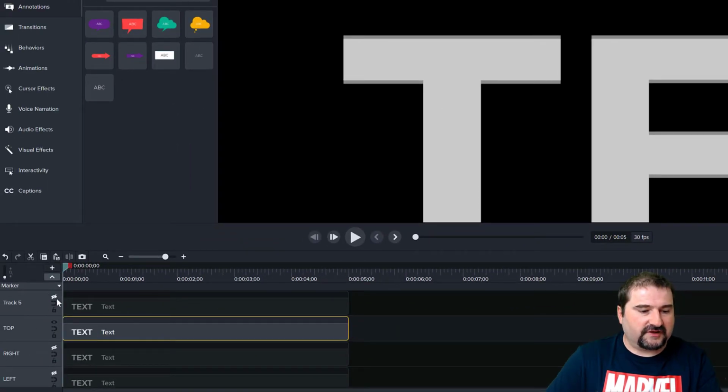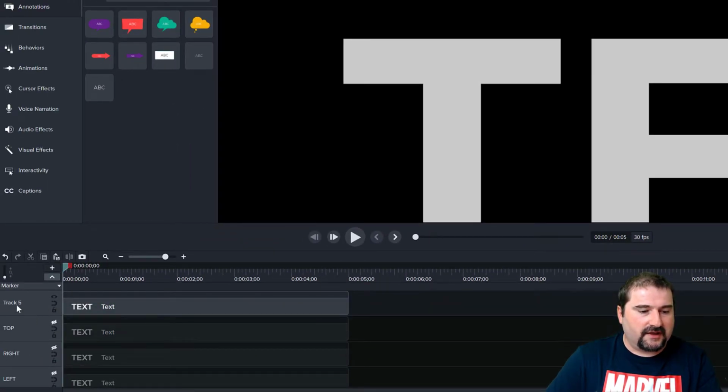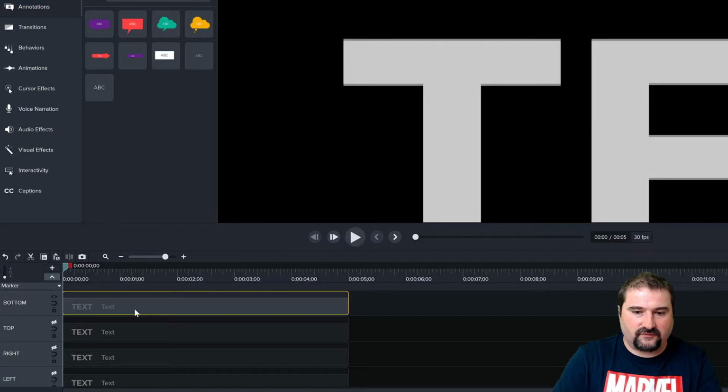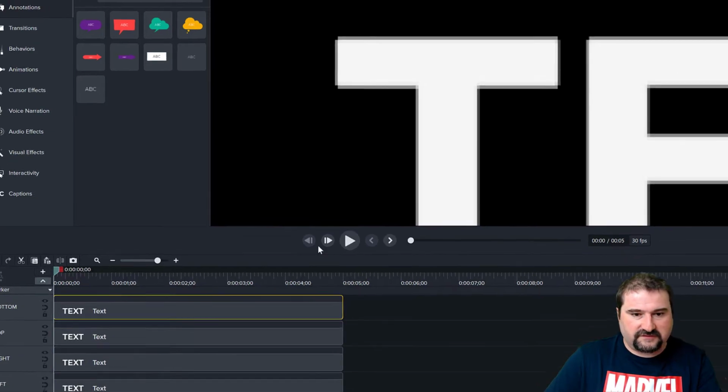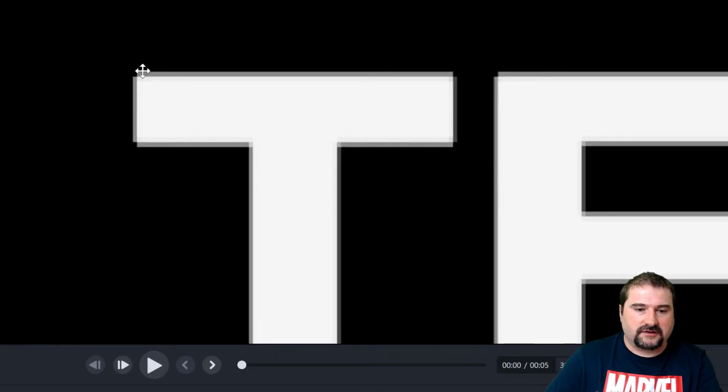Finally, let's move to the last one and hide this one and double click and call this one bottom, and then click on it and Shift key down, 1, 2, 3, sort of like this, 3 or 4. It's fine. So we have done the top, bottom, left, and right. Now this is going to give us a bit of trouble when we show all of them, because you can see now the corners are not precisely covered.